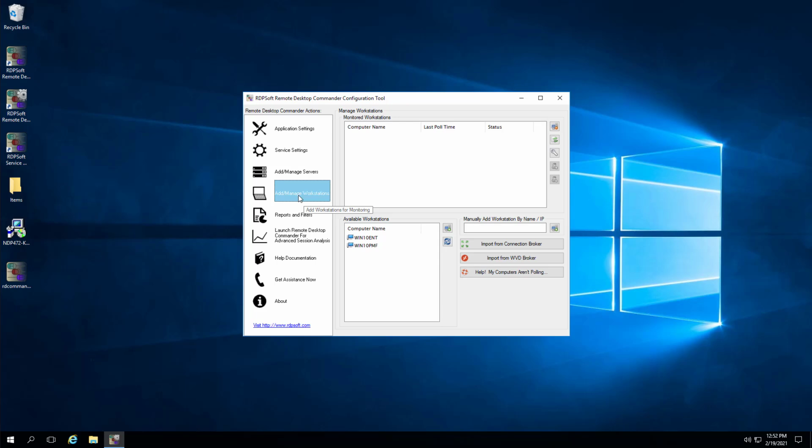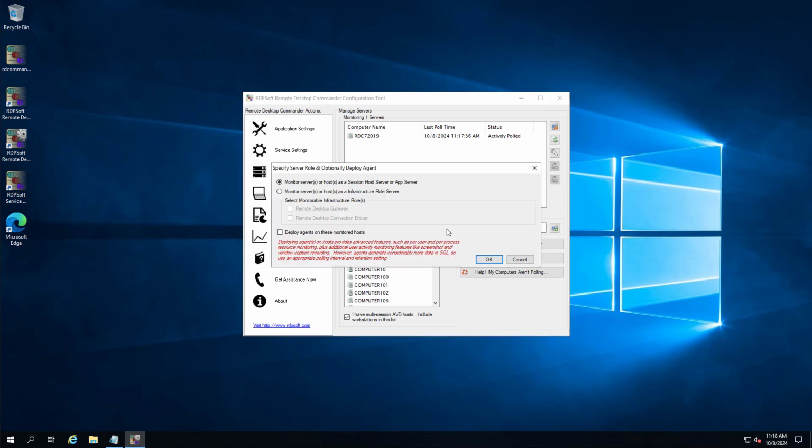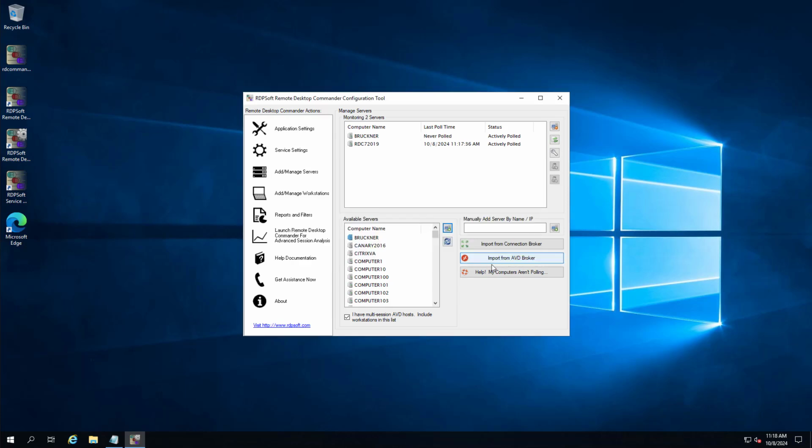If you do need to monitor Windows 7 or Windows 10 workstations, either in a hosted VDI environment or in a physical workstation environment, click on the Add Manage Workstations area in the left-hand panel. You can then add the workstations from the list of available workstations in the lower left-hand area. However, make sure that you do not add multi-session Windows 10 virtual machines hosted in Windows Virtual Desktop in the Monitored Workstations area, as this will cause a licensing problem. Instead, add Windows 10 multi-session VMs running in Windows Virtual Desktop in the Add Manage Servers area, as they are